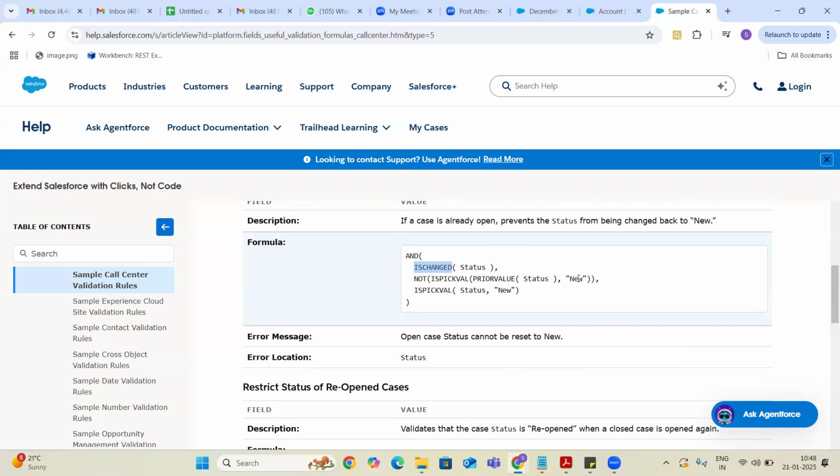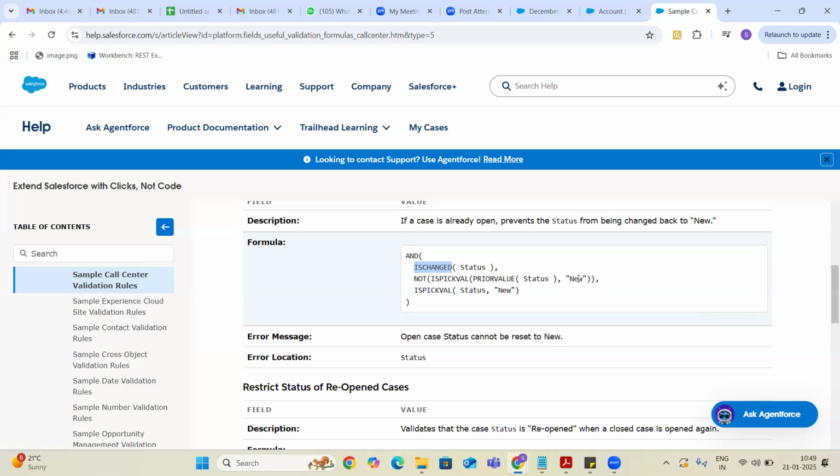Okay. That means whatever the status you are changing, that value. For example, I am changing from Processing to New. Okay, that means what is my prior value? Prior value is Processing. What is my new value that I would like to place? It is New. That means I'm trying to change something to New.